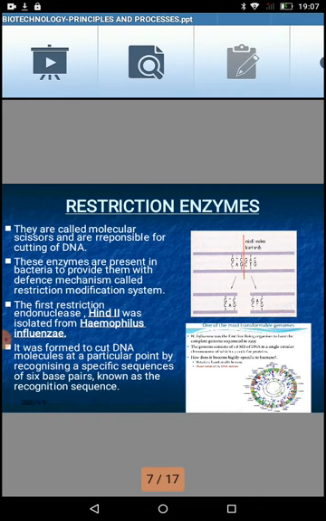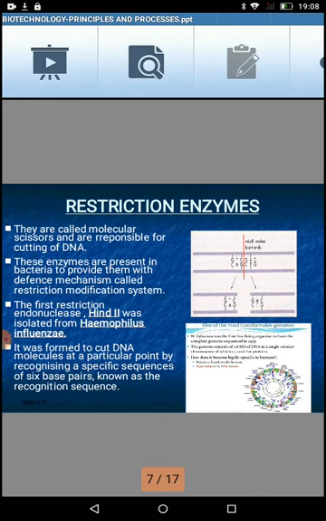And these restriction enzymes are naturally occurring in prokaryotes. They are abundantly found in prokaryotes. The function of these molecular scissors, or restriction enzymes, in the prokaryote is to save the prokaryotic cell from the invasion of bacteriophages. Now, what are bacteriophages? I hope you know. They are the viruses which infect bacteria.